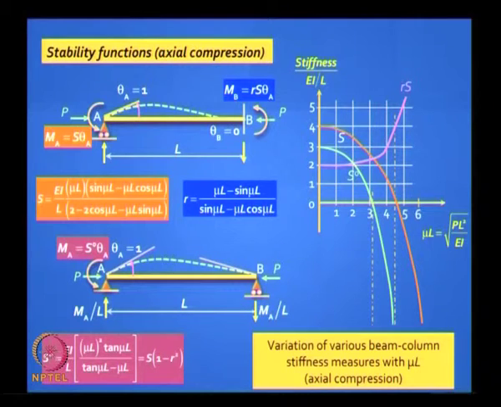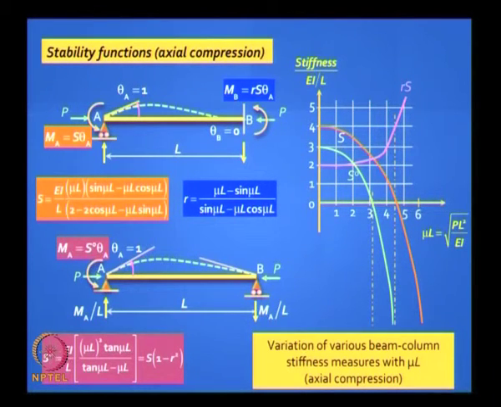If you take S as 4 EI by L and you take R as half, then within the brackets 1 minus R squared will become 0.75. So 0.75 of 4 EI by L is 3 EI by L. Okay, so we have those expressions as well. That is all we need.